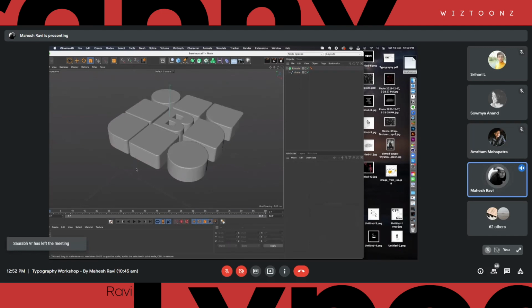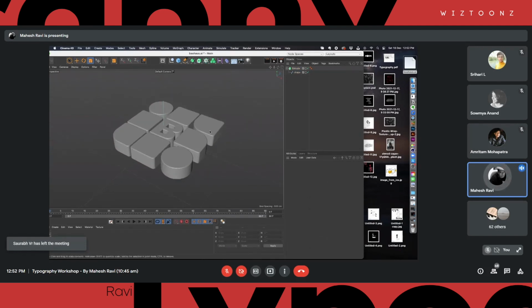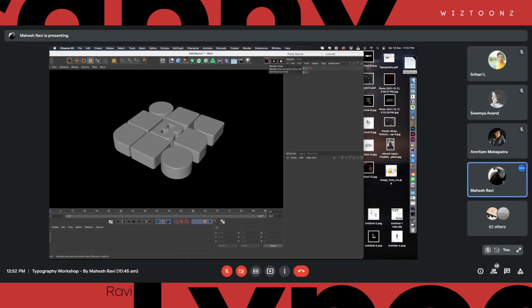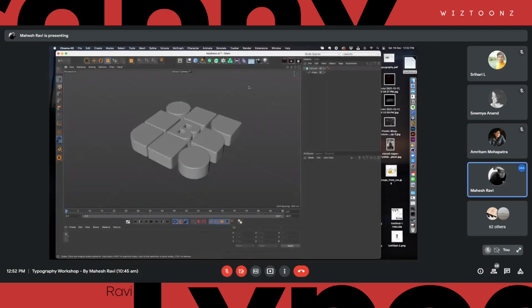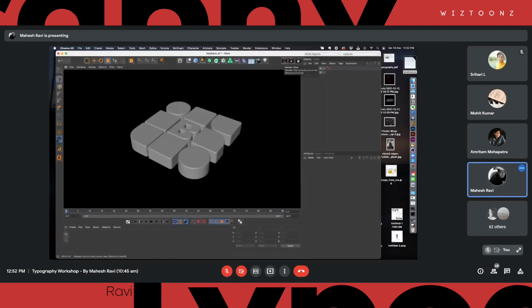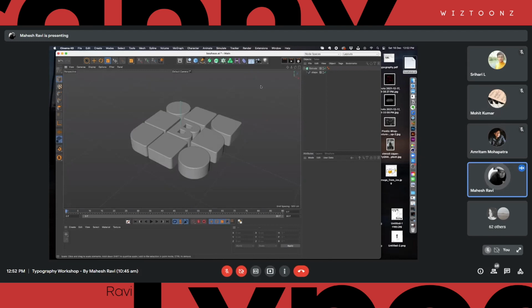Now let's take a look at how this actually looks in the end. I'm going to click here and you can see that this is how it looks. It doesn't look good. It looks very flat right now. So we are going to do some adjustments here. This has to do with 3D lighting, but don't worry about where the buttons are and what I'm doing right now. I'm just going to walk you through the process of creating 3D typography. So we have already done this part.